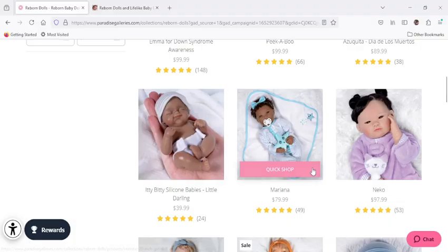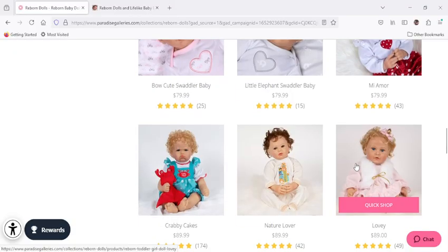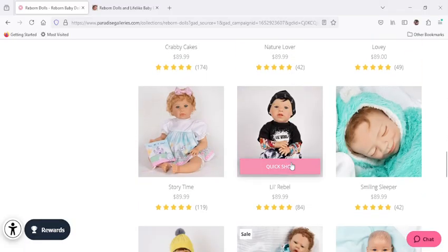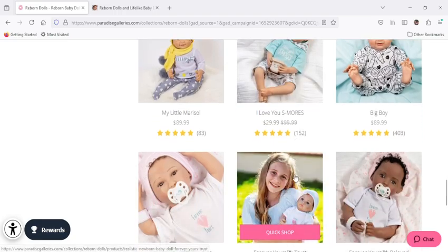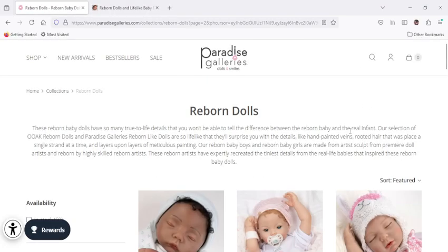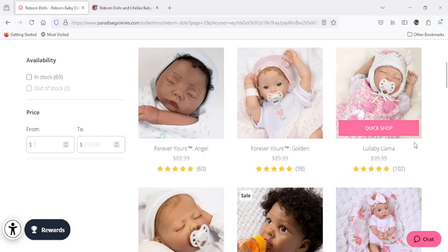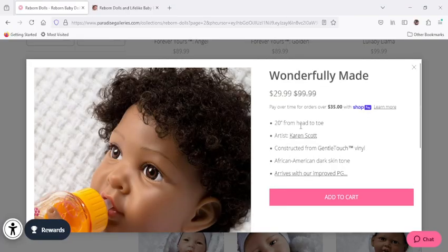But these are really nice. You can take the stuffing out and weigh them, and they look very lifelike. They're very good for people who are beginning to get into Reborn dolls. One of them I saw on Facebook Marketplace recently has mohair, just like my first Reborn dolls. They're a lot less expensive, very lifelike. I don't know if these ones come weighted. I saw one in the past that came weighted, but I think some of these you might have to weigh yourself. But you can click on the doll and read about it,